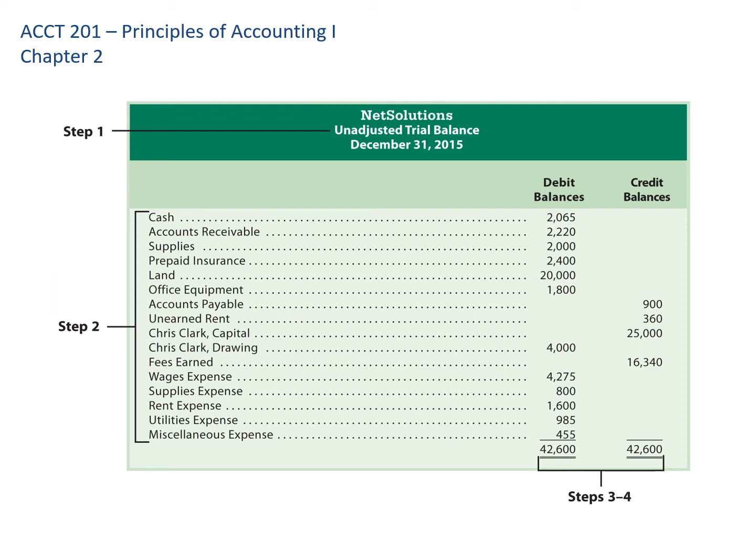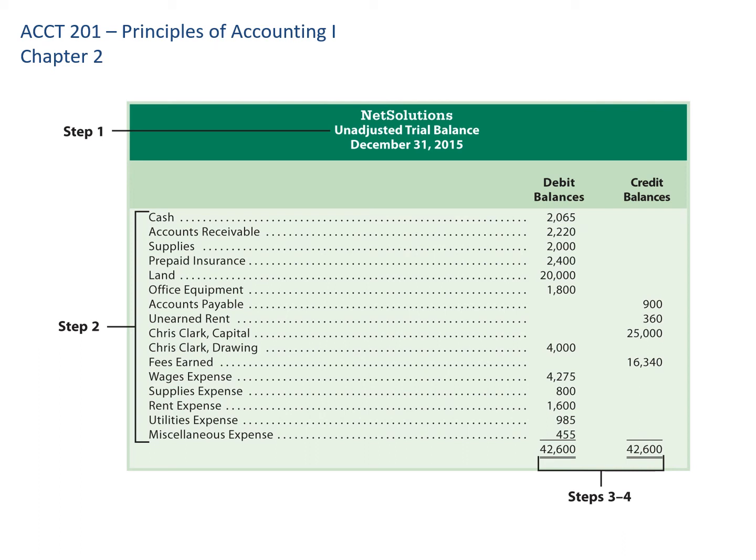So here's an example of an unadjusted trial balance. The word unadjusted means that we haven't booked adjusting entries yet, which we'll talk about in the next couple of chapters. You can see here I've got a listing of all the accounts for this company, and it starts with assets and then liabilities and then owner's equity and then revenue and then finally expenses. And we record the ending debit balance of each account, the ending credit balance of each account, and I can see that they both add up to